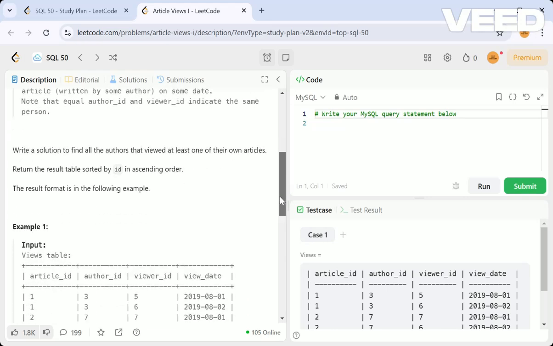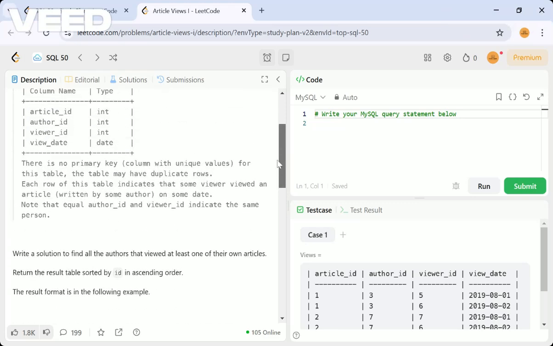So what they are asking is to write a solution to find all the authors who viewed at least one of their own articles. As we discussed, the same author ID and viewer ID means the same person viewed his own article at least once. They want to list them.